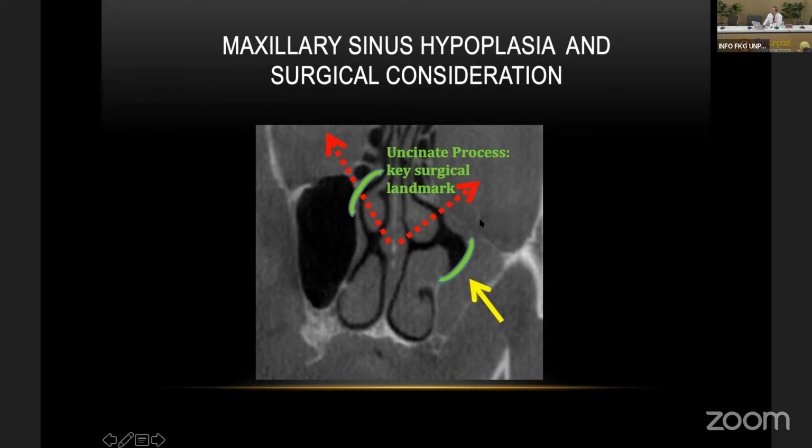But on the left side, this is a variation of anatomy. The hyperplasia of the maxillary sinus, with this kind of opacification, and the uncinate process was pulled along with the sinus to this area. So if the surgeons did not recognize this problem, they just open up the bony structure. The first bony structure is not the uncinate process. This becomes the orbit. So certainly if they break the orbit, the consequence is significant.